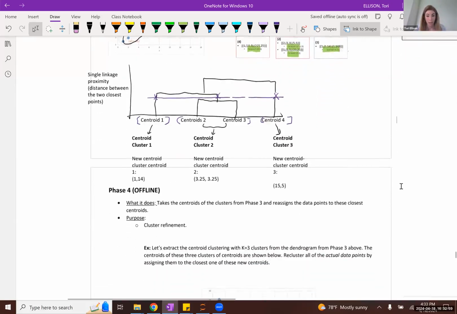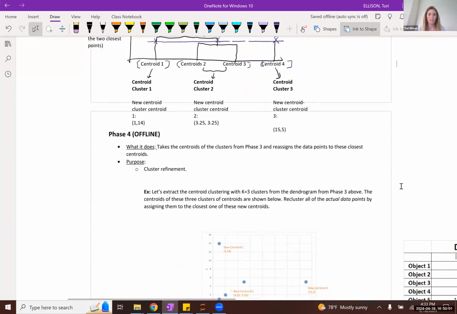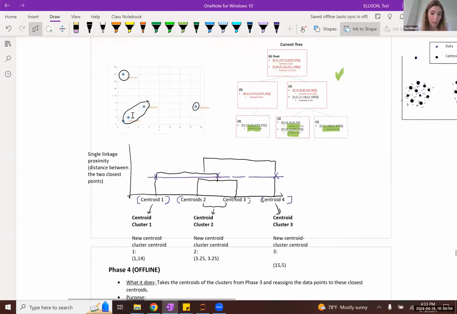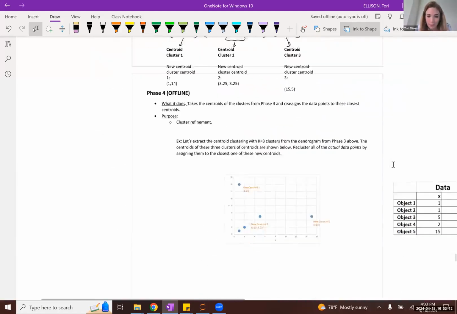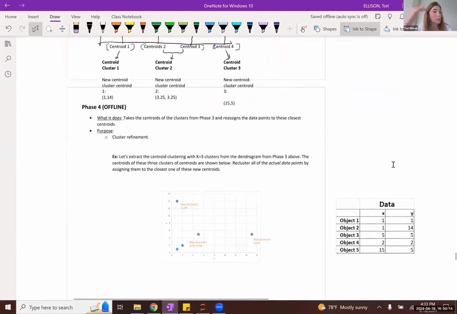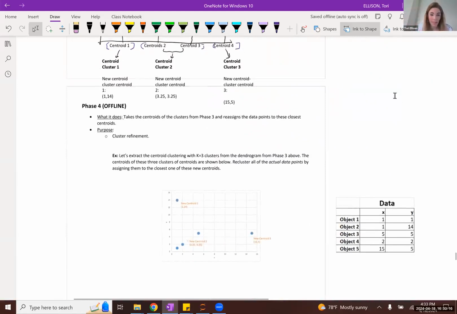Okay. So what we've done is we've created now 4 centroids of the clusters of centroids. And we actually want to cluster the actual observations from our original data set.